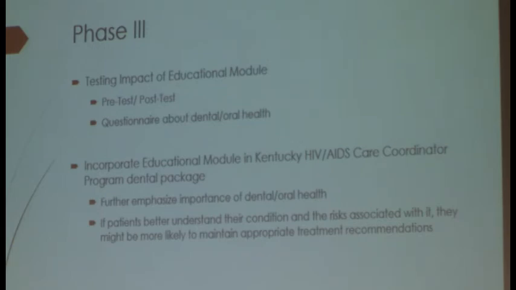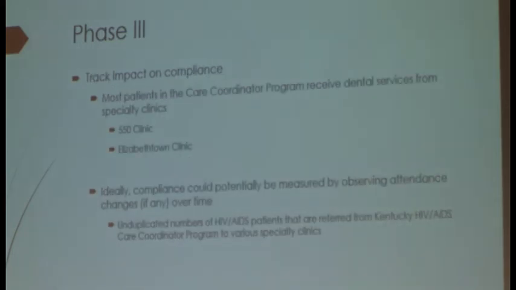If the patients better understand their condition and the risks associated with it, they might be more likely to maintain appropriate treatment recommendations, i.e. compliance. So to track compliance, this is a little tricky. I know that most patients that are currently receiving care from the Care Coordinator Program go to the 550 clinic, or they're referred to the Elizabethtown Clinic. I have yet to learn about which other clinics these patients are sent to specifically, but ideally,